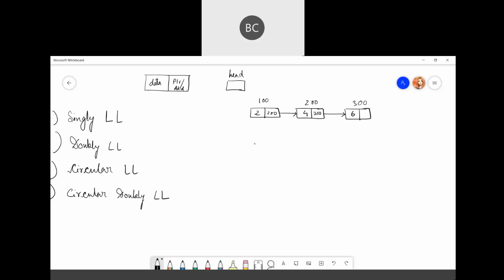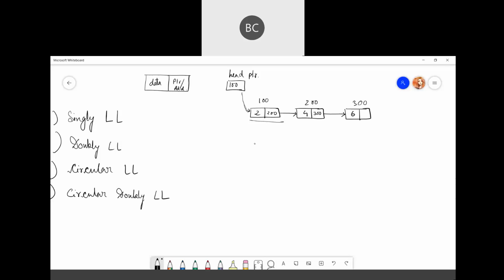Okay, head is not a node, it's just a pointer to the first node. Okay, if I say head node, that means the first node. Head node is always the first node, just that the head pointer consists of the address of the first node.